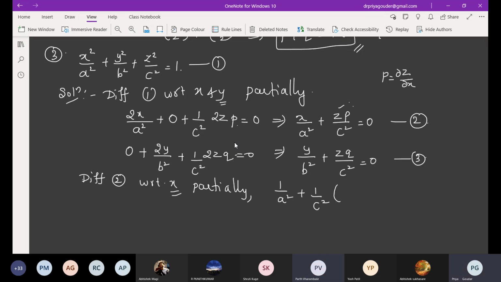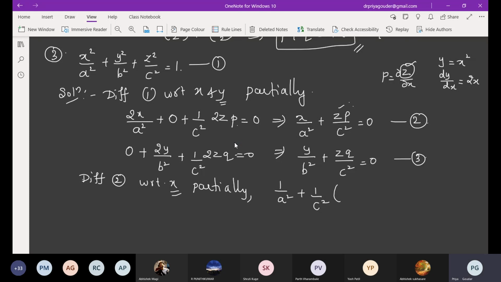Yes. See, for example, if you have y is equal to x square, and I differentiate, y is a function of x. What about the derivative? Is it a function of x, yes or no? Obviously. Similarly, when z is a function of x and y, ∂z by ∂x is also a function of x and y both. Don't say that since only x is appearing here it's a function of x alone. The original dependent variable is a function of x and y, meaning its partial derivatives are also functions of x and y, irrespective of whether it is ∂x or ∂y. Did you get the important point I said just now?